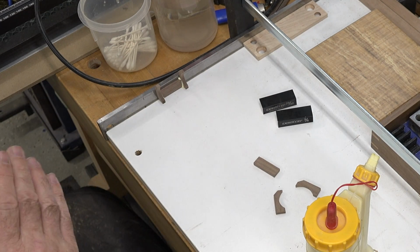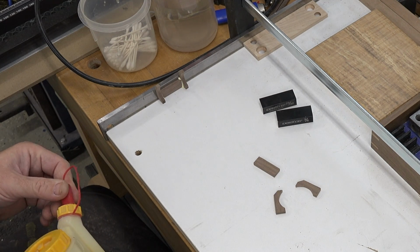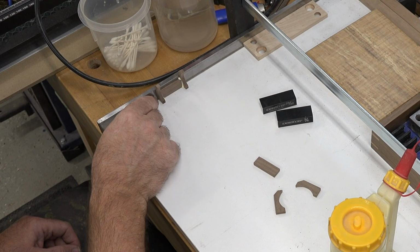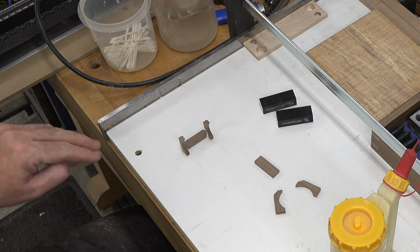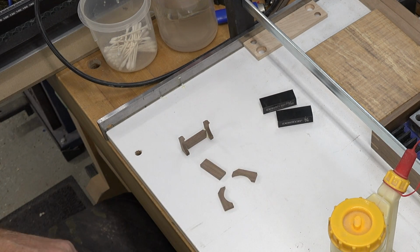perfect glue up. Now guys, I'm going to clean out the squeeze out, but one thing I will warn you is it's really a good idea to wipe away that squeeze out from your steel straight edge as soon as you can to avoid it rusting. I usually let it sit there for just a couple minutes and then you can scrape it away if you like. But we're going to get the other one assembled and then we'll put those aside and let them dry